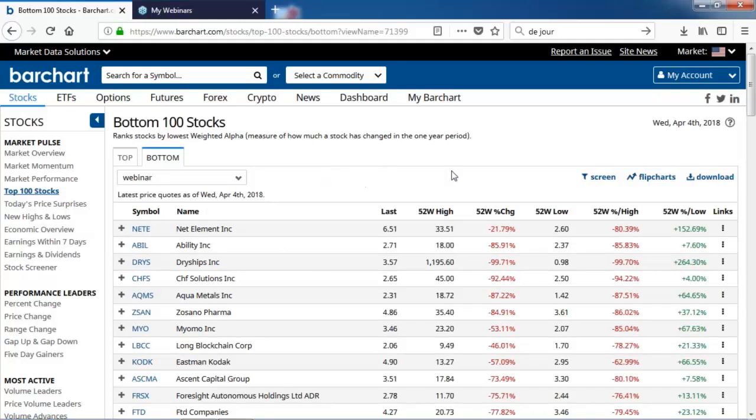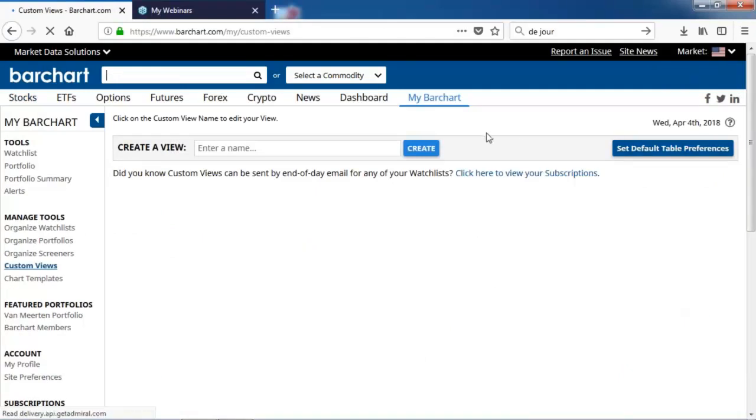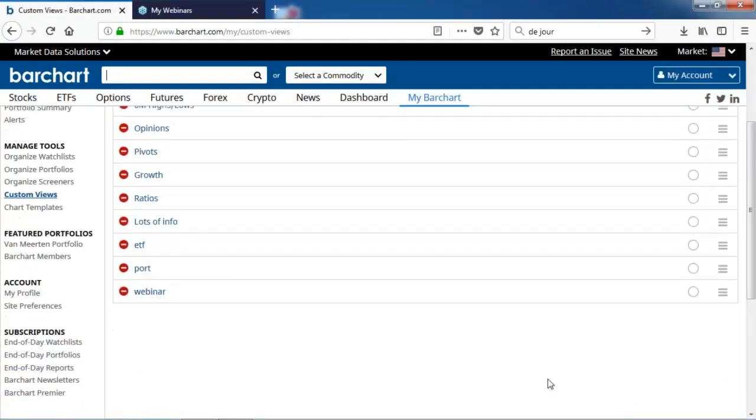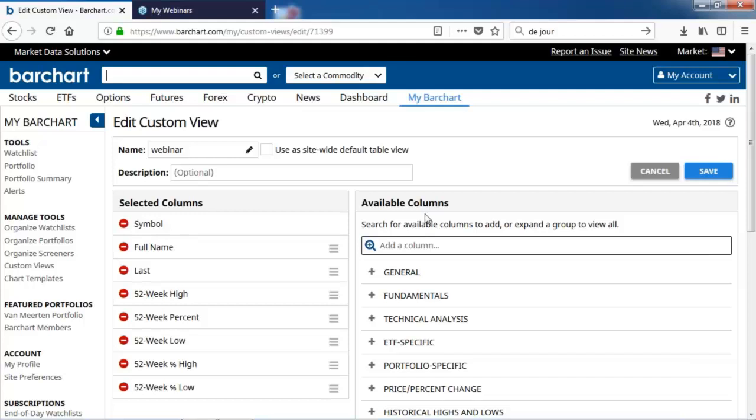So what I want to do is go back into my custom view and add that column to this webinar custom view that we just created. So here we go. We open it up. Now you can type in something that you want, like market cap, and it will find it for us.